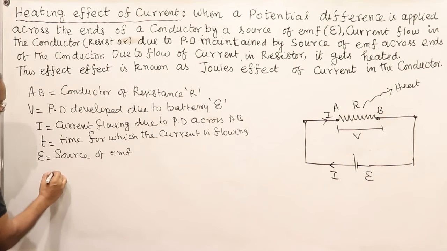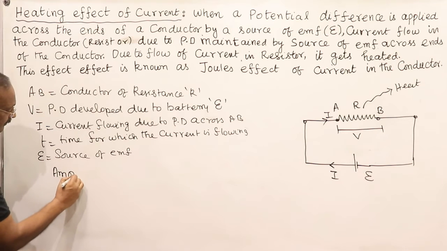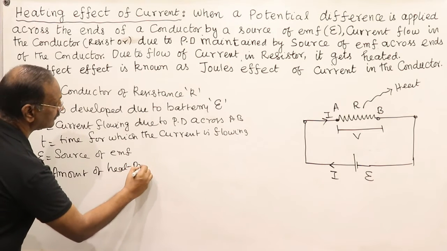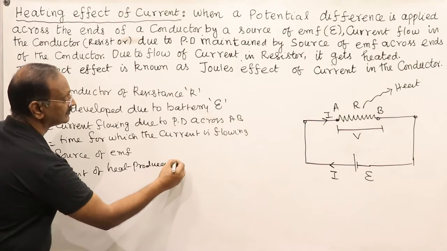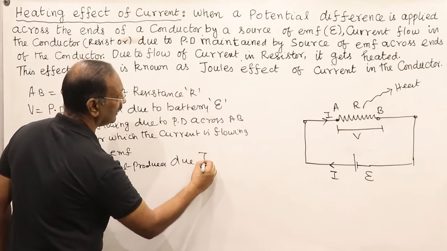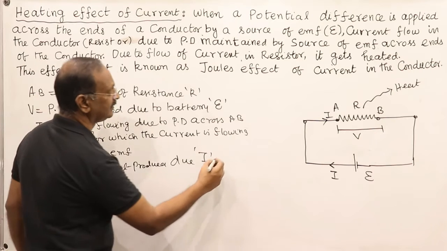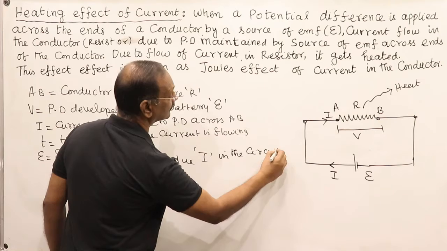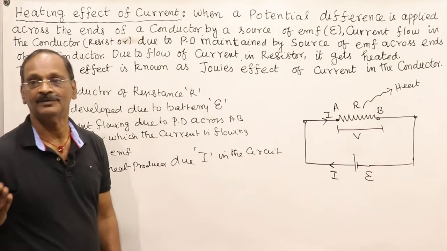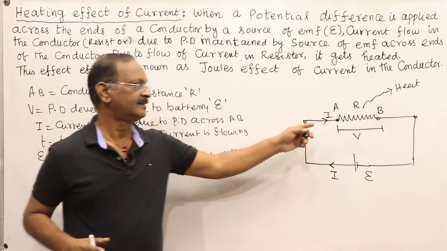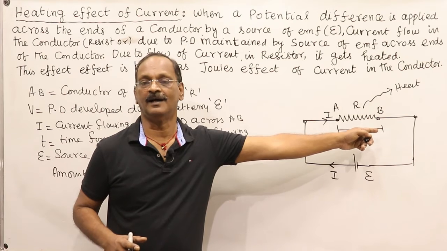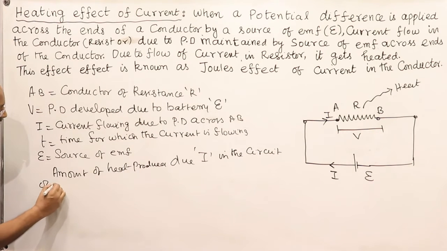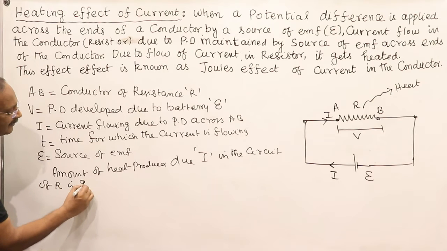The amount of heat produced due to I flowing in the circuit, in the resistor or circuit of resistance R, is given by